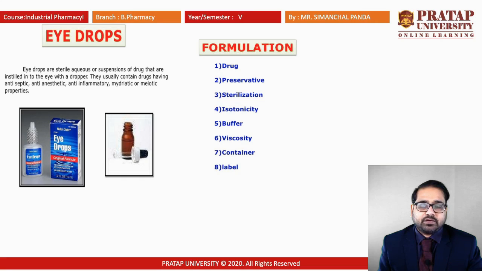Preservatives are used to reduce the bacterial growth on the product. Sterilization, we have to go for sterilization to avoid the growth of microorganisms. It must be bacteriostatic in nature, that may not allow any microbe to grow. The isotonicity, that means equal isotonic pressure has to be maintained, otherwise there may be chances of damage to the retina and the optic nerves. The buffer has to be used according to the tear pH, 7.4, that has to be maintained, otherwise it will give an irritant effect to the eye or